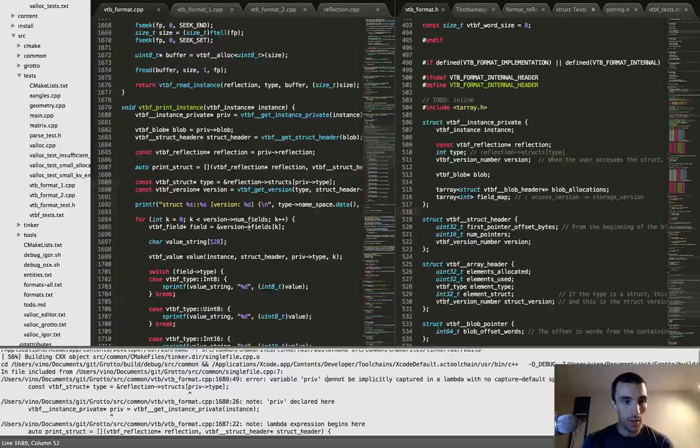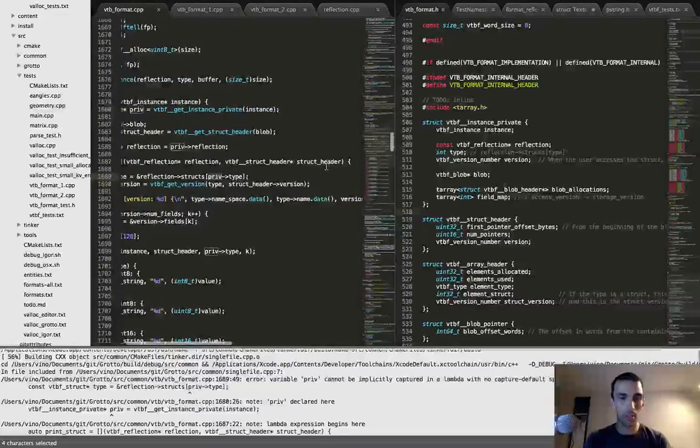What's going on now? Oh yeah, this guy capturing it implicitly. So I don't want this priv variable to be in this function, because not every struct is tied directly to the instance, so I have to get this out. So that's fine because I can pass it. The type is not here in the struct header, so